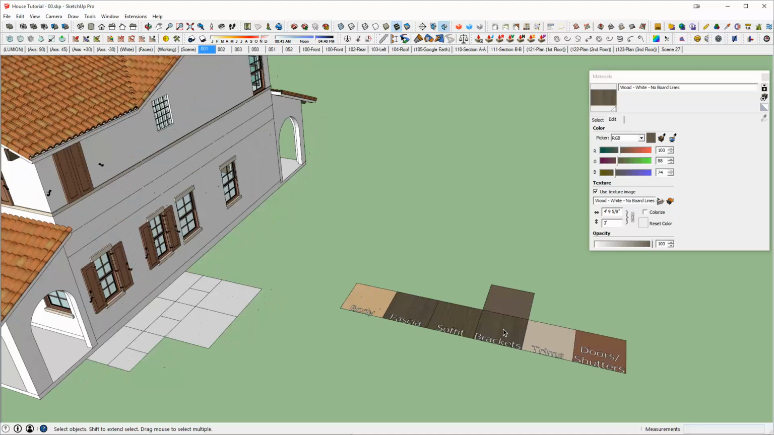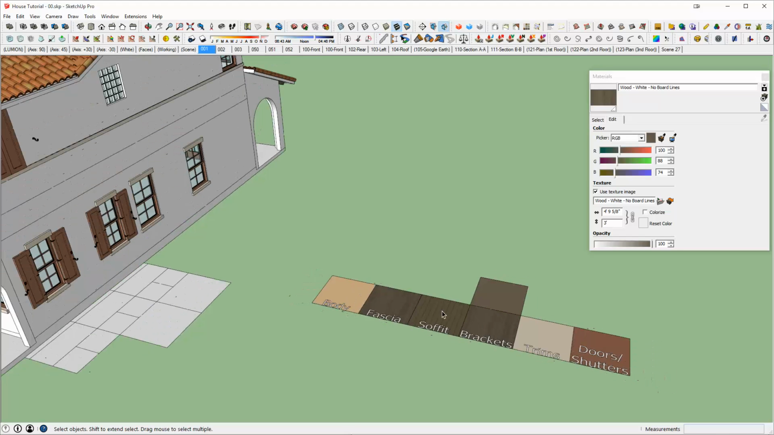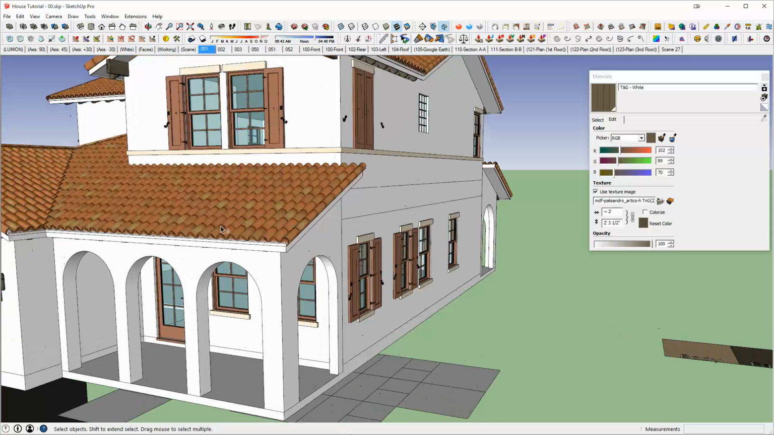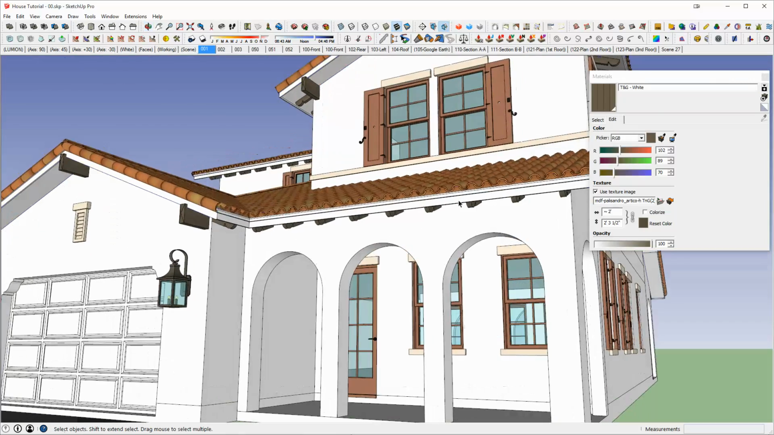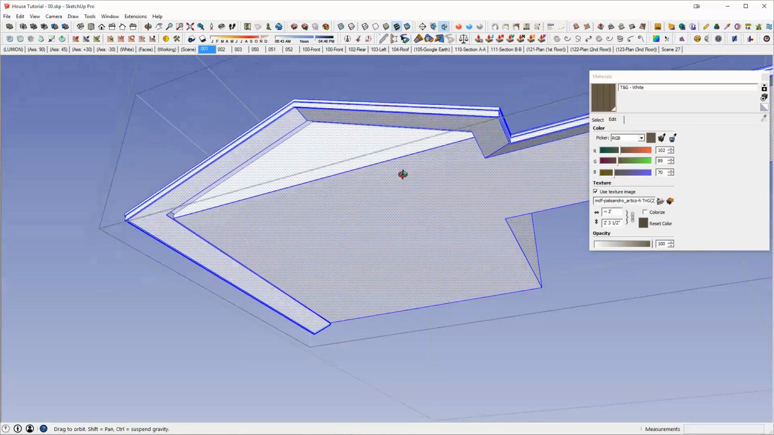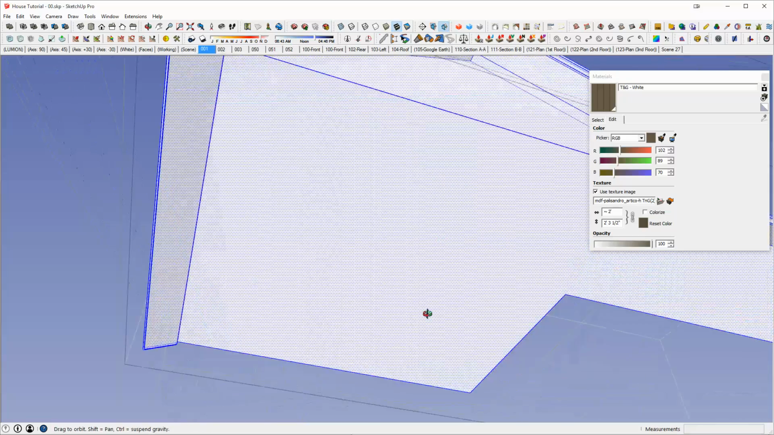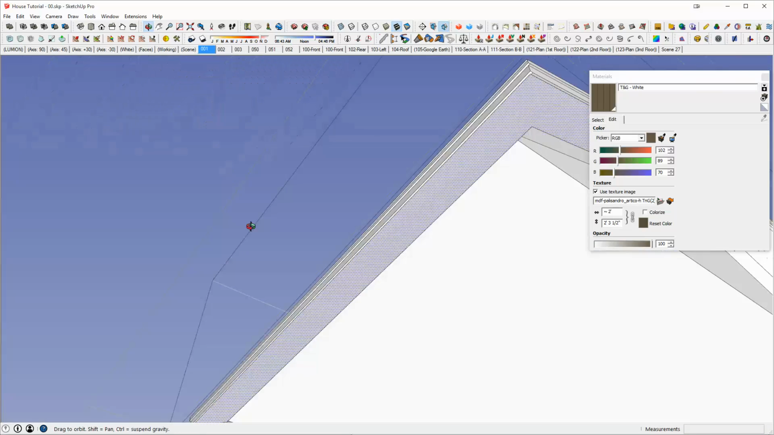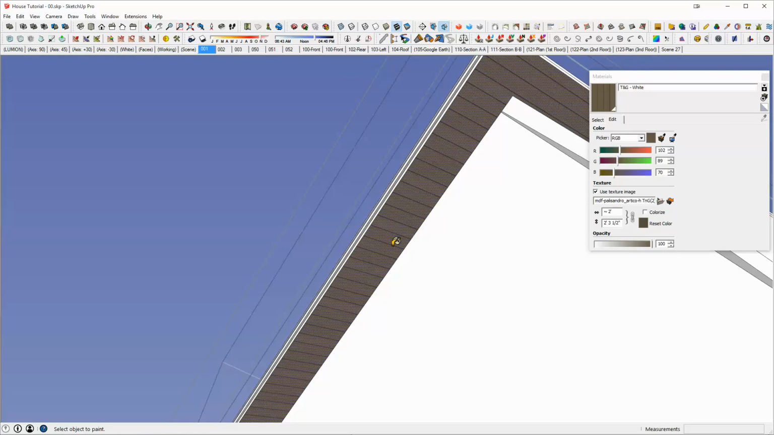So next piece we can look at, we've done brackets. Maybe we can look at our soffit, and this is actually going to work very similar. Let's get into our roof group, and you see that if I come in here and start painting the soffit,